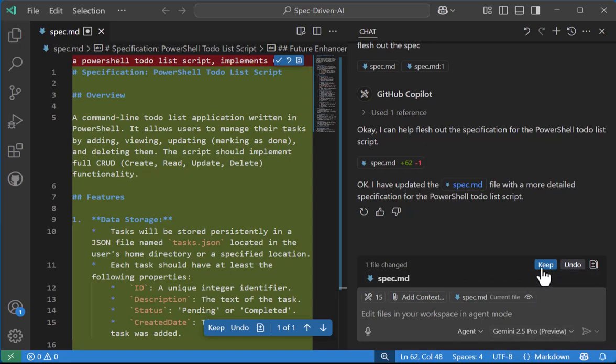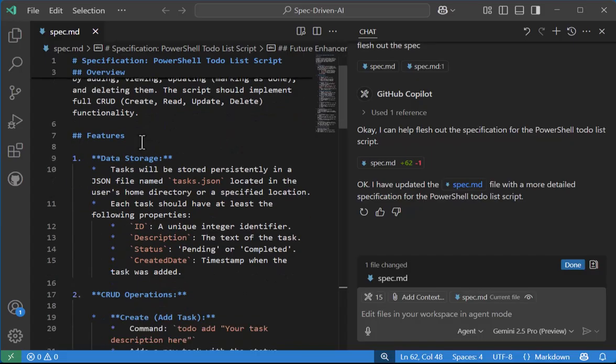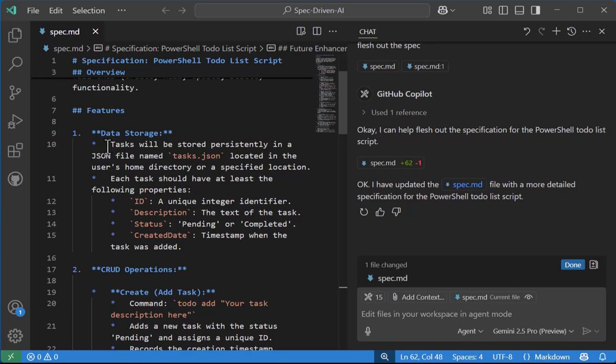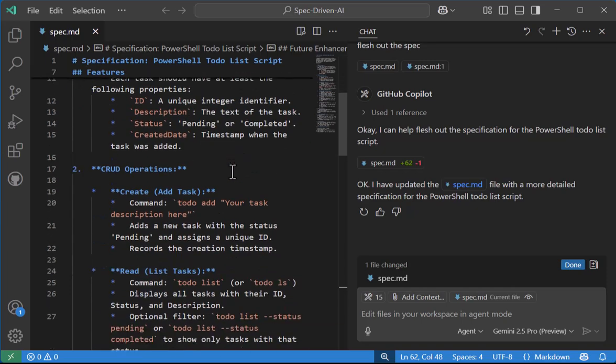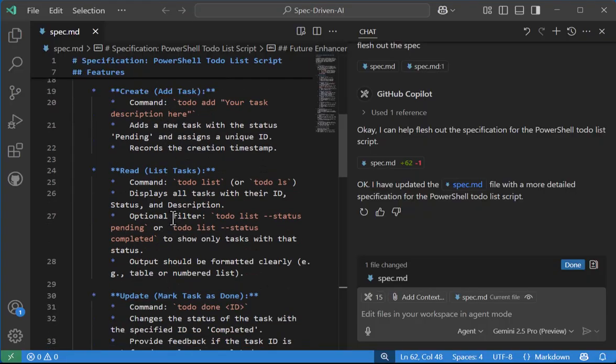So let's keep what I said about the spec. Now, from a single line of asking it, I just want to have a PowerShell script to do a to-do list that does CRUD. It gives me an overview, and it spells out CRUD: create, read, update, and delete. It allows users to manage their tasks by adding, viewing, updating. And we can take a look, and it talks about features. It's going to do data storage in a tasks.json. And then it says CRUD operations, create a task, it can read them, list tasks,